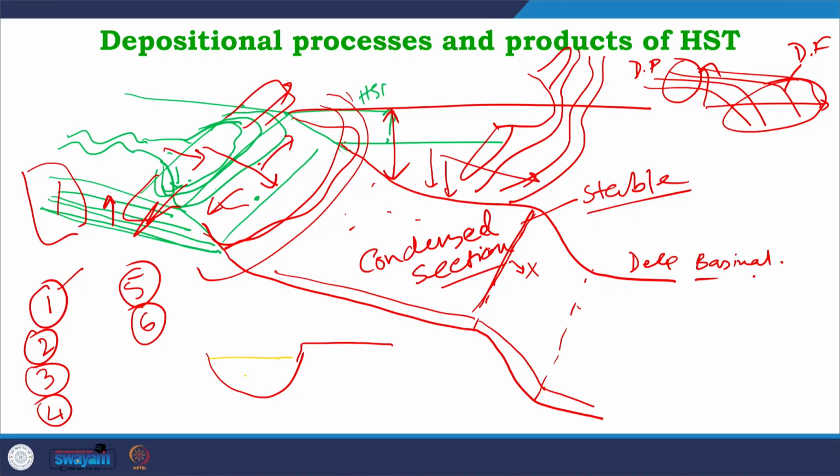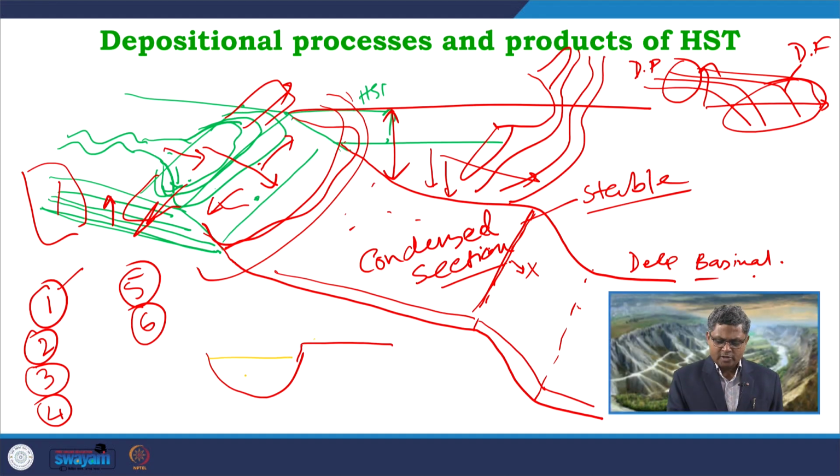So, if I think of a channel like this, and within that channel we can have an overbank area. Definitely the energy system within this channel is very high. So, we will have high energy flow over here, as well as this overbank area, it is characterized by low energy condition, because here only during high flood condition we get covered with water, and that is a very low energy zone. So, we get relatively low energy floodplain deposits which is dominated by mud. Definitely we can get some sand, but dominated by mud.